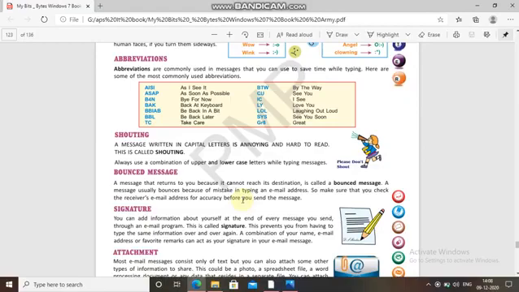Now signature. You can add information about yourself at the end of every message you send through an email program. This is called a signature. At last we write with regards our name, or you can write your name, mobile number, address, all these things.